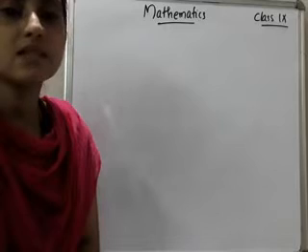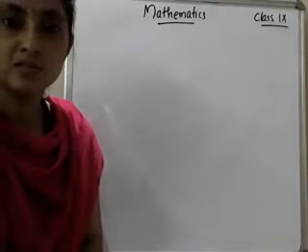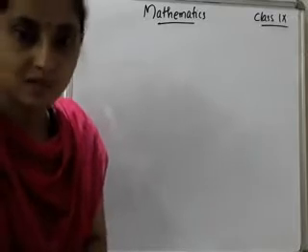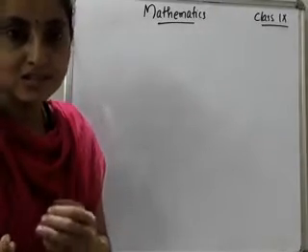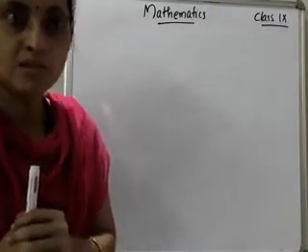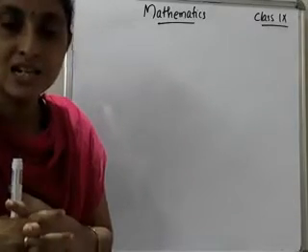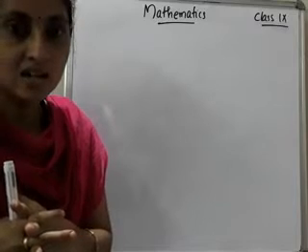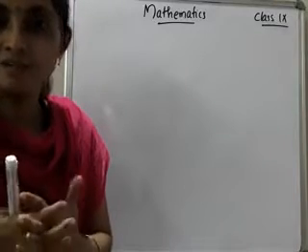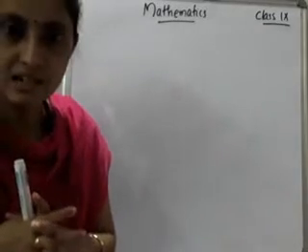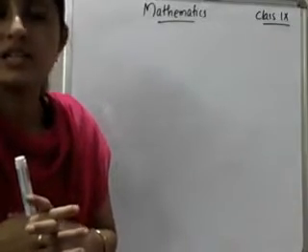Clear? Yes. Now we'll move to the next chapter. Before introducing the chapter's name, I will go through some examples. You already know there are different shapes: rectangle, square, triangle, and what else? A circle. So different shapes we can see.